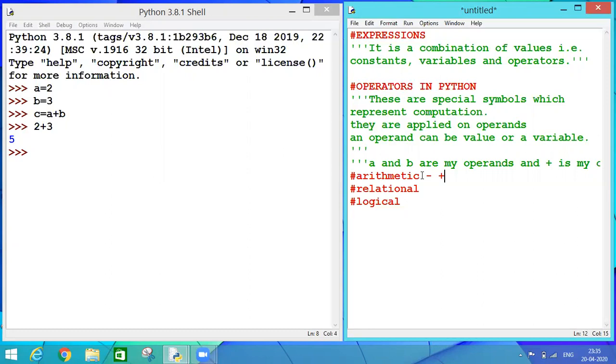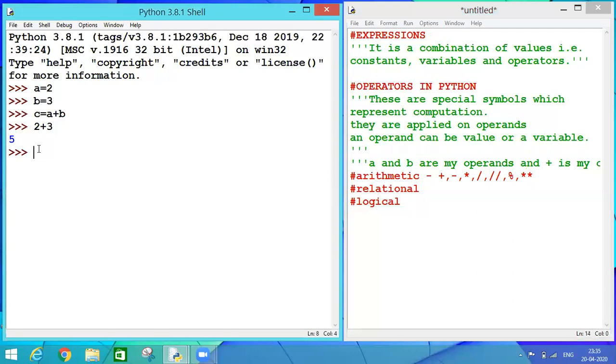Like plus, minus, multiplication, division, integer division, then comes the modulus operator, then I have exponentiation. These are my arithmetic operators. Although I understand that you must not be understanding these types of operators yet. So let us start with an example of all the arithmetic operators one by one.